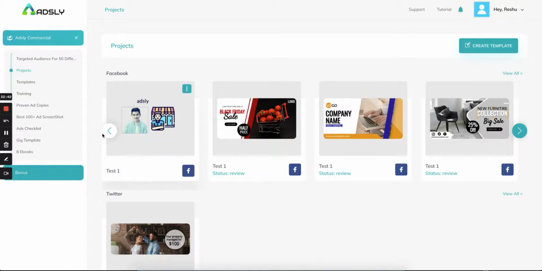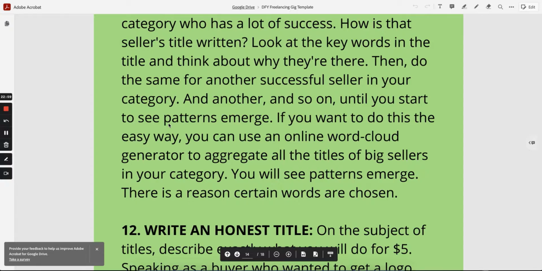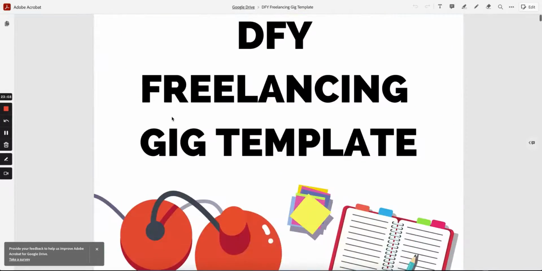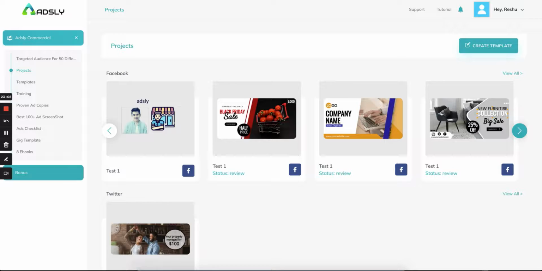So now you have software which gives you all the tools and resources that will help you create a profitable ad. You just have to copy paste stuff and start benefiting from it by running a freelancing job on all the social media platforms. You can take help from the same template to create your profile on other platforms as well.